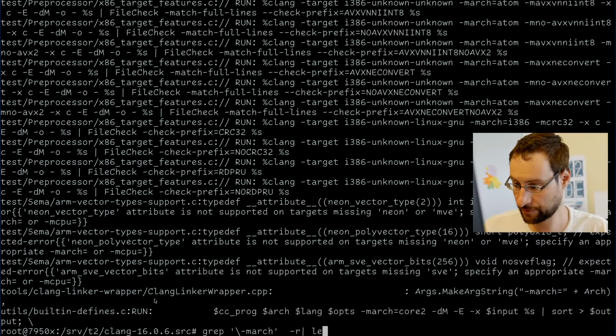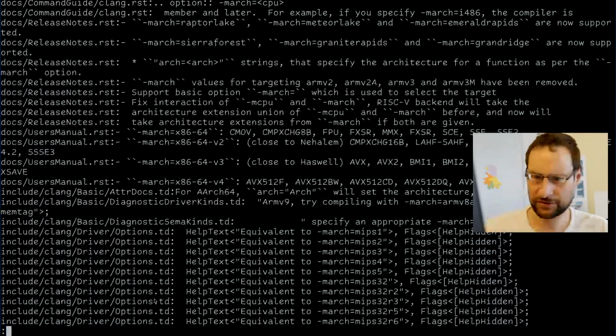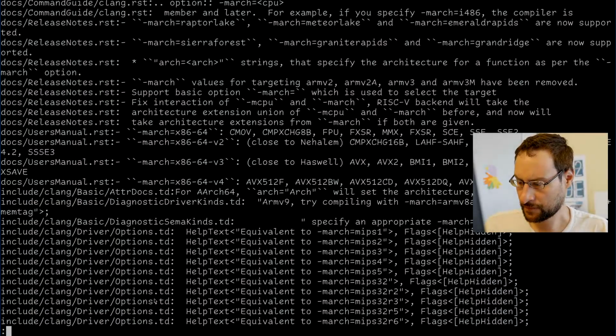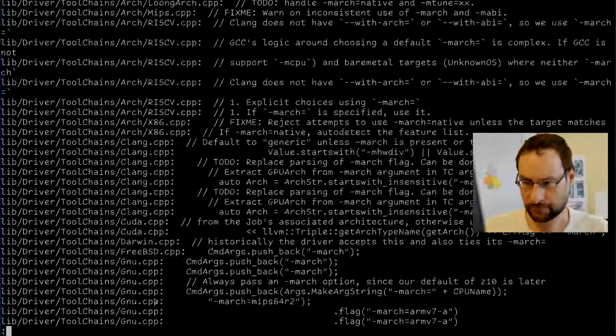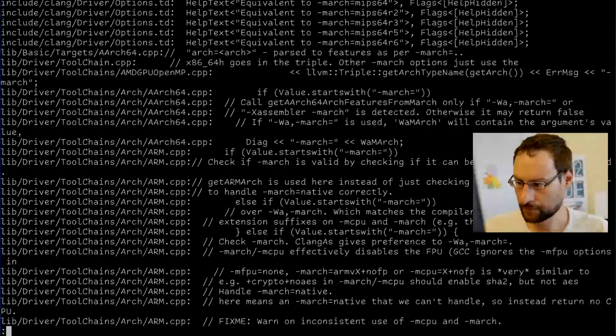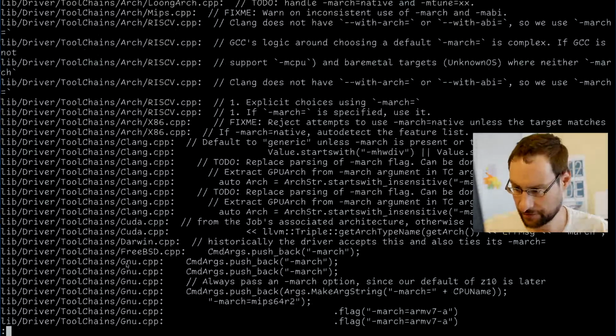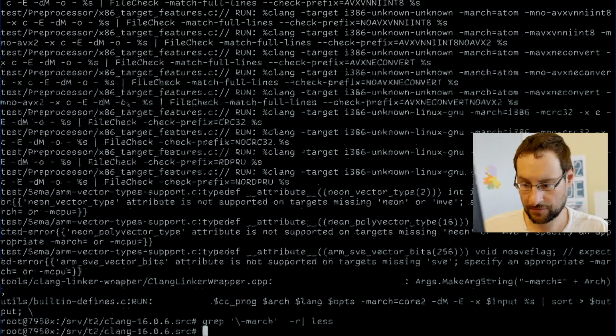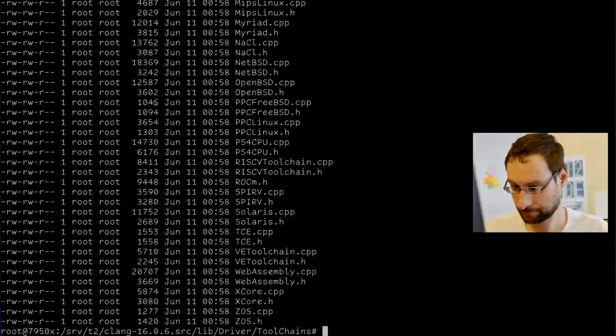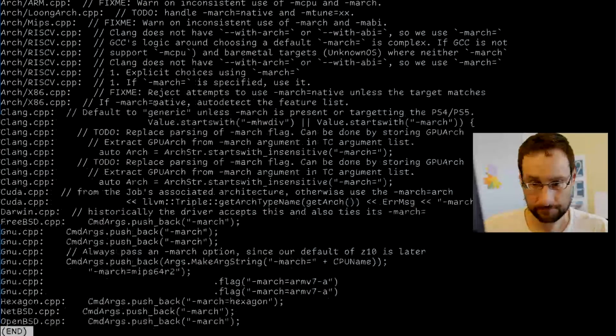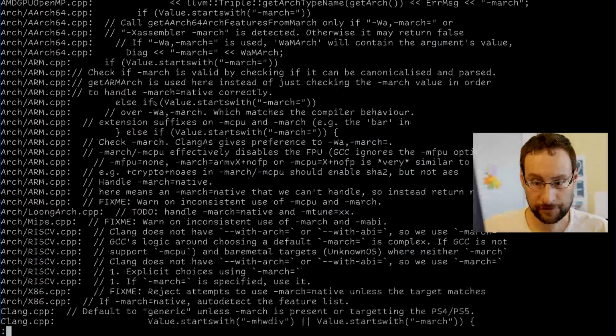Here's Clang linker wrapper. That sounds not unreasonable. Here is also some Clang driver help text. Here is some get march used instead. Driver toolchains does not sound too implausible. Where is x86?